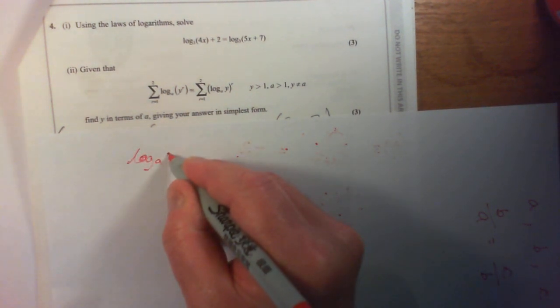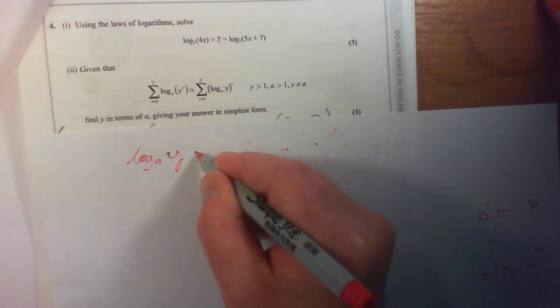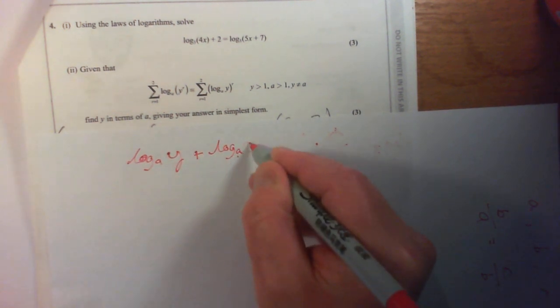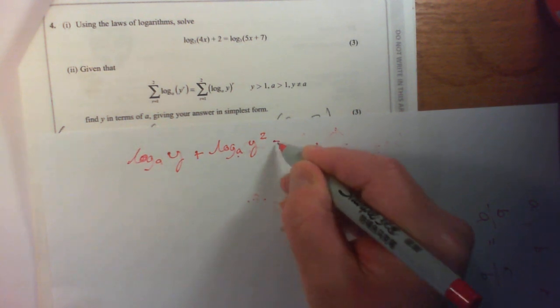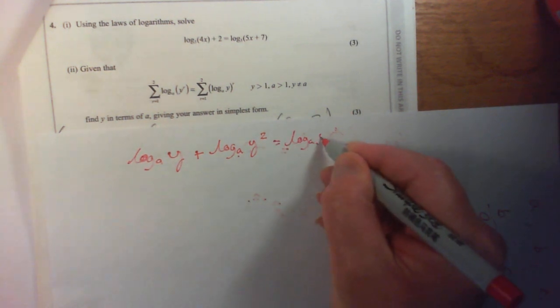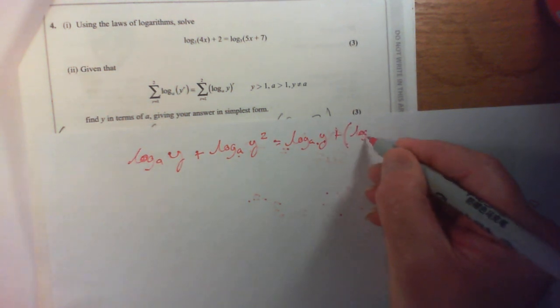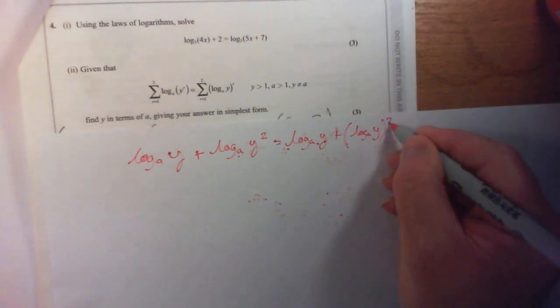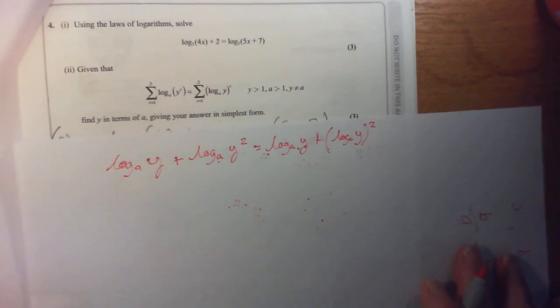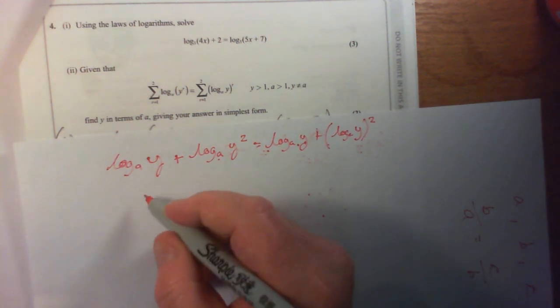You've got log y plus log y squared equals log y all squared. So you get a cancellation of a single term there. So you need to just know that